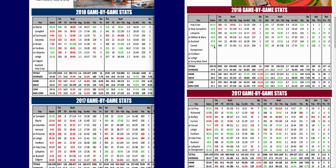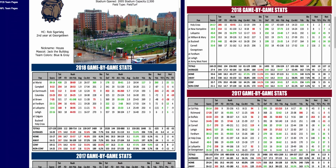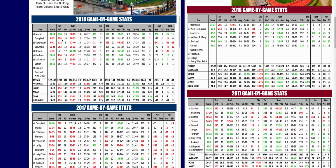3-0-0-3-0. They have given up 0 touchdowns in 5 weeks and 2 field goals. That's good. This just in, that's pretty good. So you've got a dominant defense for Colgate, allowing just 249 yards per game, 2.7 yards per carry, 55.4. Here they take on a Georgetown offense that's got 254, 112, look at all these red numbers, 168 yards against